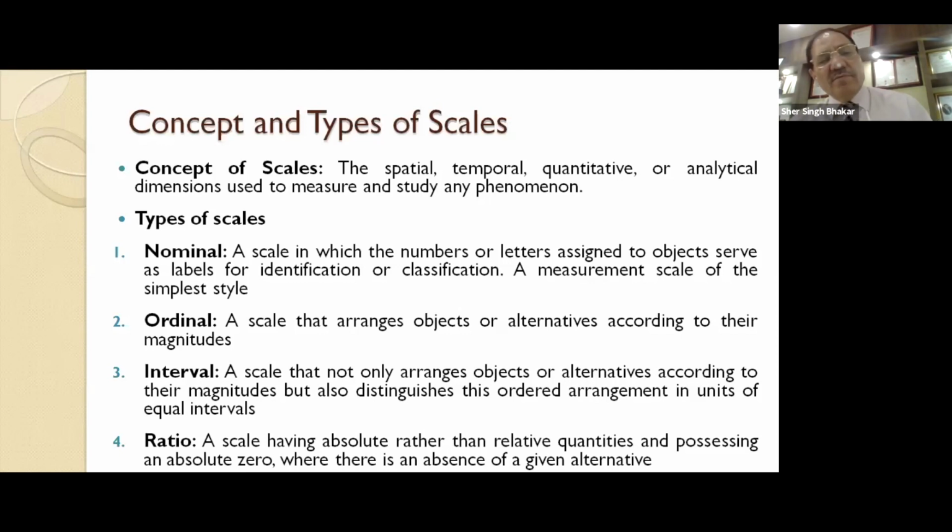Or we say nominal and ordinal scales result in non-metric data, and interval and ratio scales result in metric data. So parametric tests can be used for interval and ratio, and non-parametric tests can be used if your scale is nominal and ordinal. Just to give you some names of parametric tests: t-test, ANOVA, regression, correlation.